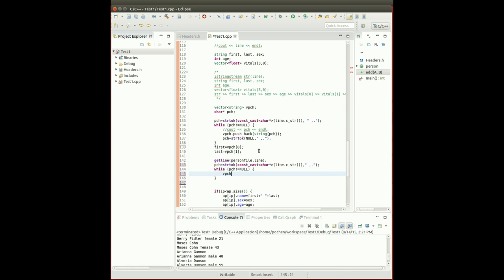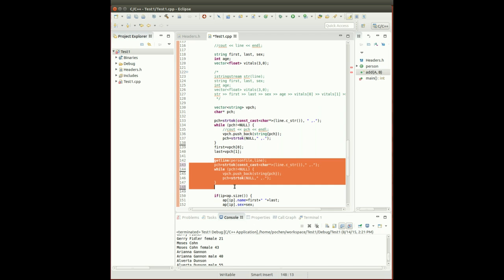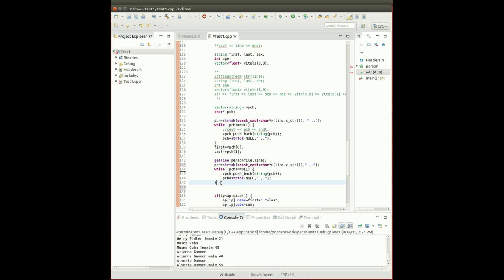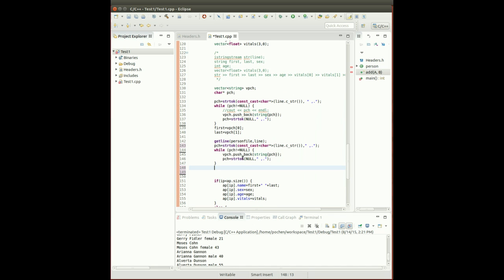So I'm going to do vpch.push_back, construct a string pch, and then pch equals strtok(NULL, space dot). This is to account for the second line in the same record, which contains the sex and the age information. So as soon as I'm done parsing it,